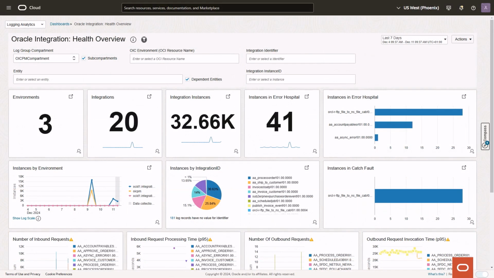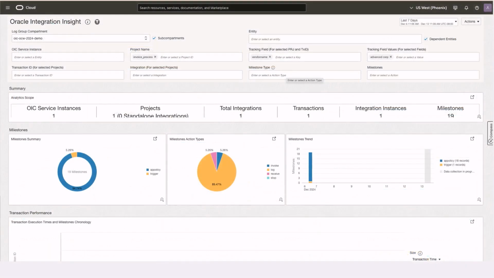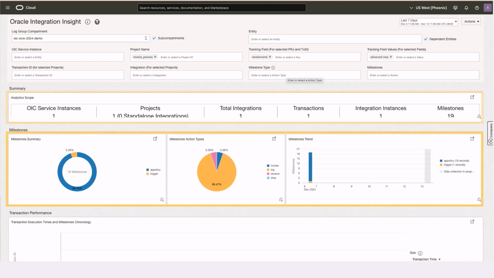On every dashboard, we can also filter to see what's happening for a specific instance or even an integration. Let's move to the Integration Insight dashboard, which is useful for confining analysis to a specific automation project or solution. Find a specific transaction identified by a business identifier in an integration. Get in-depth visibility into the key business metrics that are defined in integrations, plus a visual chronology of the actions